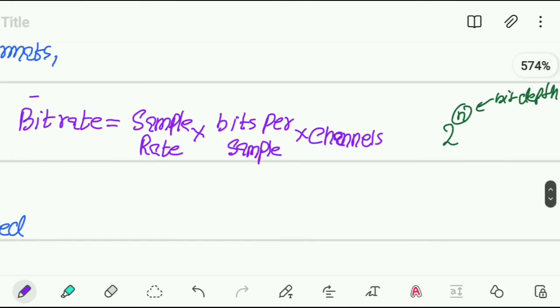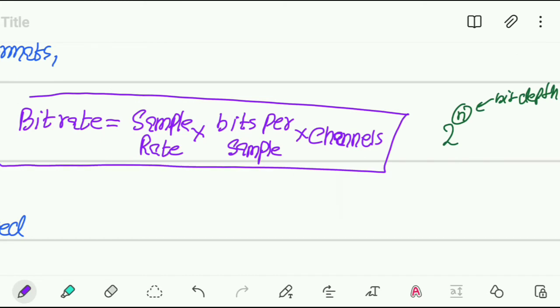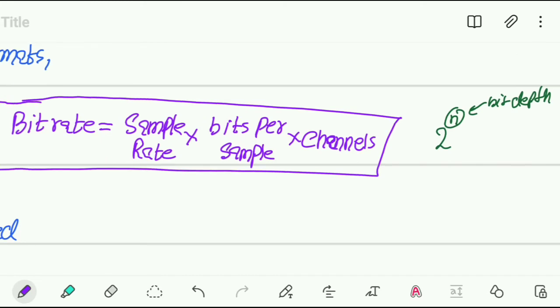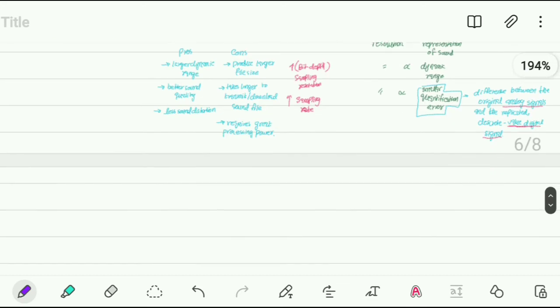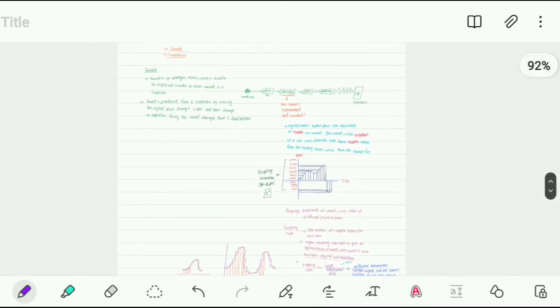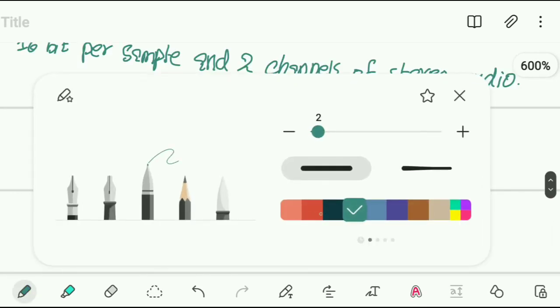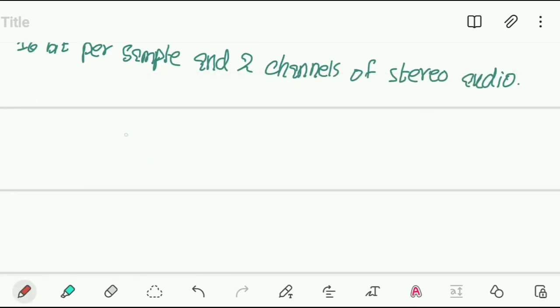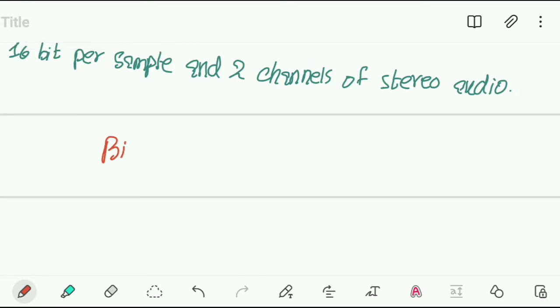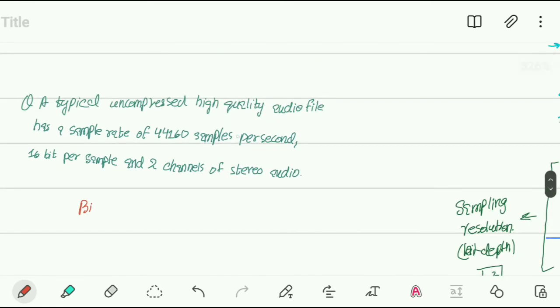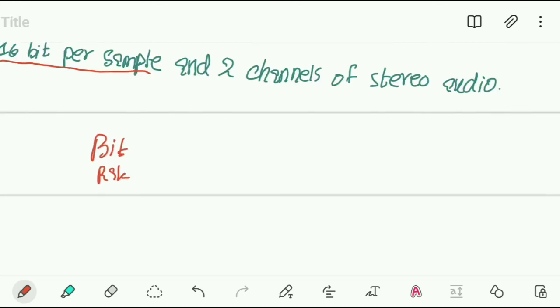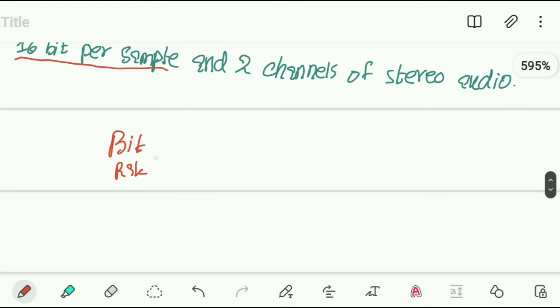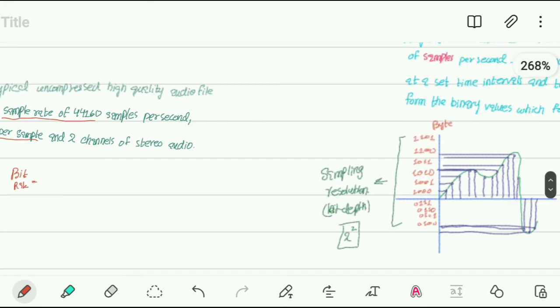Okay, so this is the formula. Now let's do a question on the bitrate in order to understand more clearly what it really is. So let me write down the question. Now we need to calculate the bitrate. A typical uncompressed high quality audio file has a sample rate of this, 16 bits per sample. So bit rate is equal to